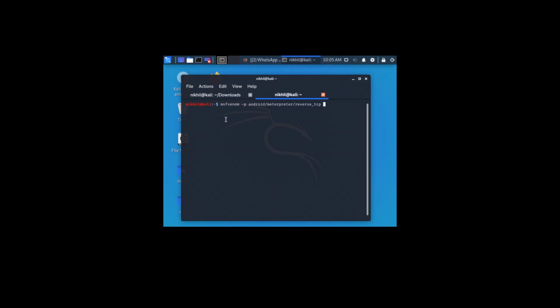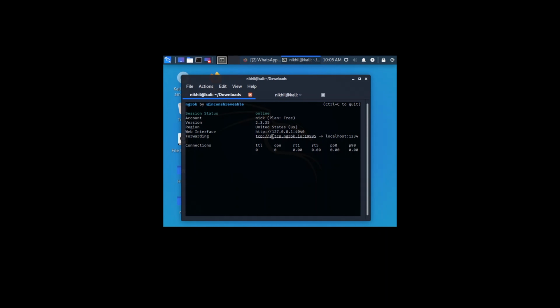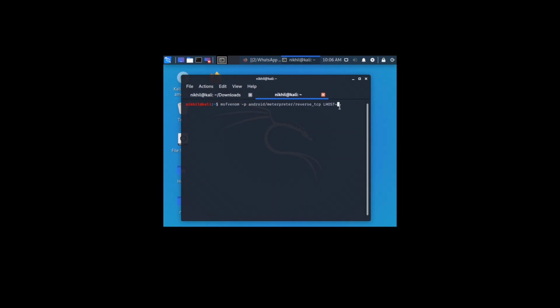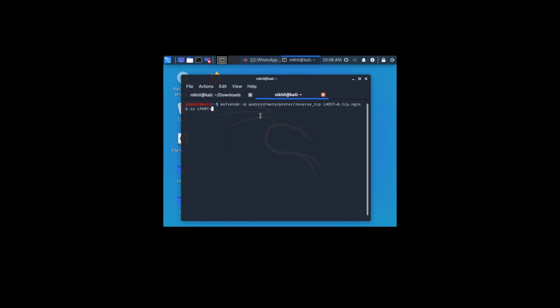And now I'm going to set the LHOST. LHOST is nothing but the address which I have given here, 0.tcp.ngrok.io, which is the LHOST for us right now. Now I'm going to select the LPORT. Guys, if you are confused by LHOST and LPORT, they are nothing but listener's host and listener's port, meaning the attacker's IP and attacker's port, where we are going to get the data. The port which I am going to use here is 19995, guys, because I'm using ngrok for tunneling, so I need to get the data from it. So I'm using its port.